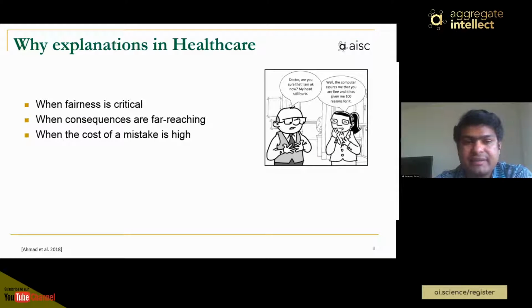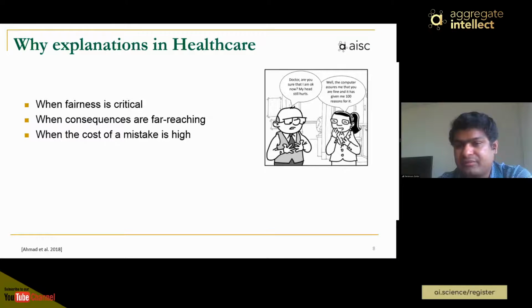Why explanations in healthcare? For example, if someone is visiting a physician and the physician says you have a certain disease and you need a surgery, then definitely you are going to ask what is the reason, what type of surgery it is, how you came up with this decision. So as shown in this picture, when a patient gave a visit to a physician,